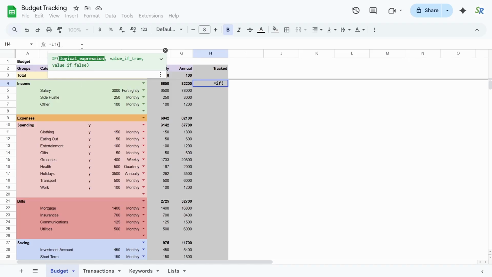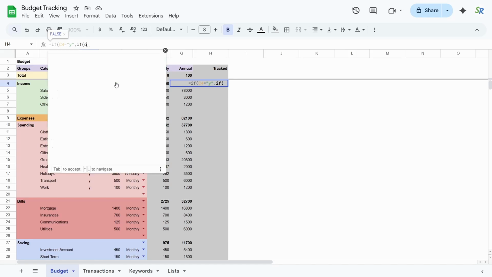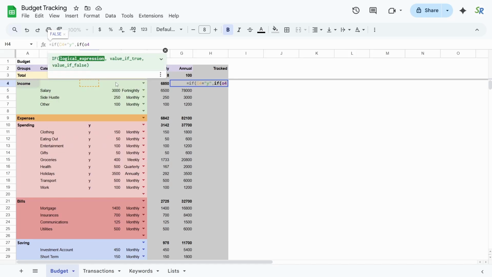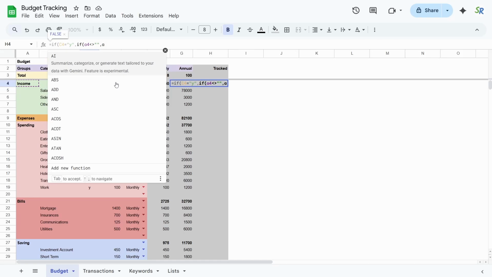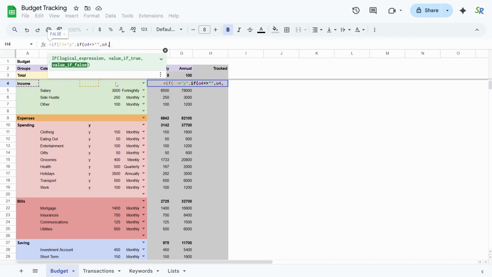So if our value over here, if C4 equals yes, which indicates that it is tracked, then we go to a secondary if statement that if A4 is not empty, then we want to return the value A4. Otherwise, we want to return B4 and then close brackets, comma,